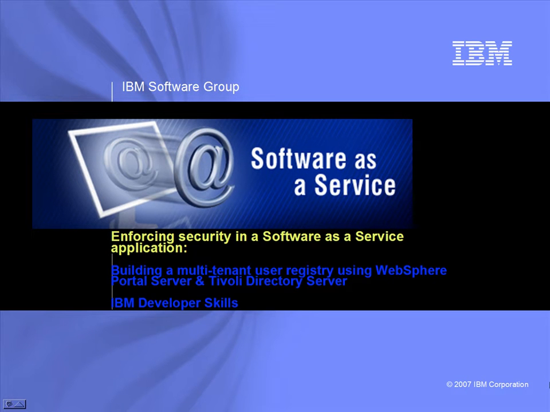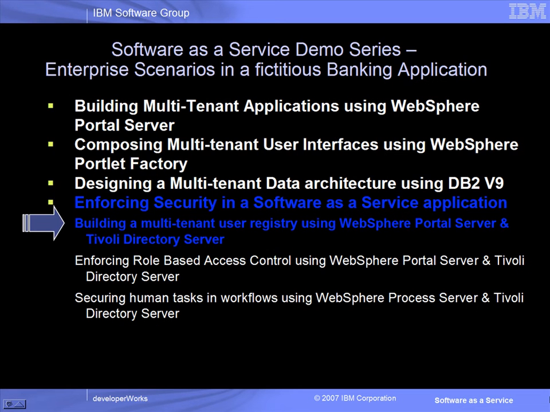In this series, we will demonstrate a set of architectural patterns exploiting features in IBM Middleware to build software as a service solutions. The Software as a Service demo series includes 7 demonstrations based on a fictitious banking application. Each demonstration shows a scenario in the banking application which addresses some technical challenges relevant for building a software as a service solution. This demo is part of the scenario describing how to enforce security in a software as a